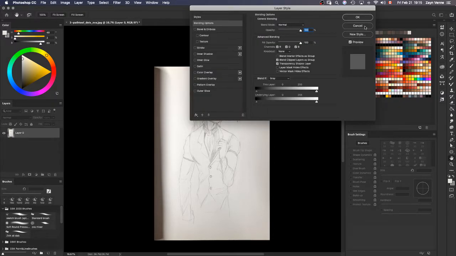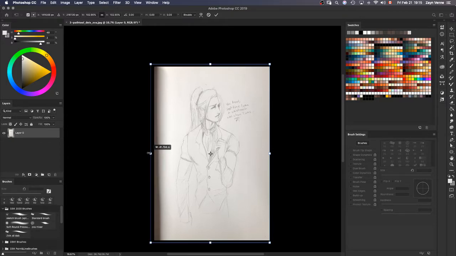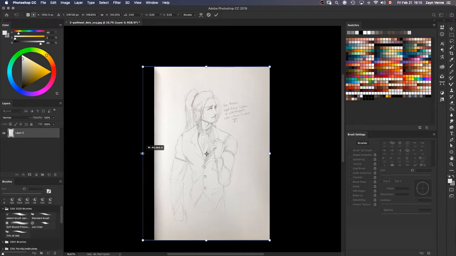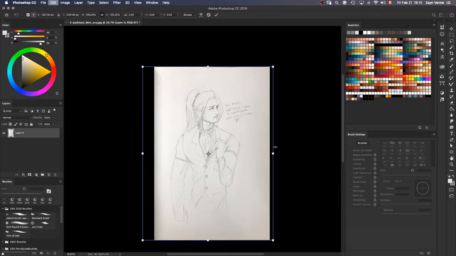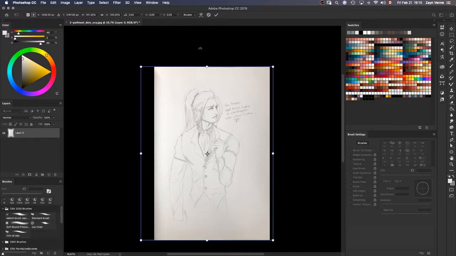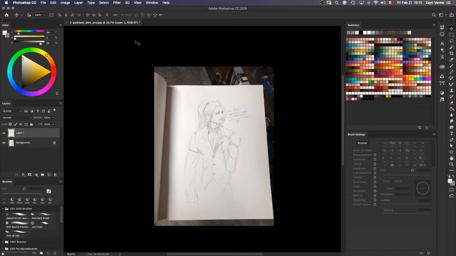Going to double click, and I didn't want that. Double click on the layer in order to make it a layer 0 instead of a background. You'll see it removed the lock. So now I can hit my Command T, and if I hold Shift, I can kind of adjust it until it's a little bit more straight. So I can do it that way. Let's see if I have enough undos. Or if I have my perspective,